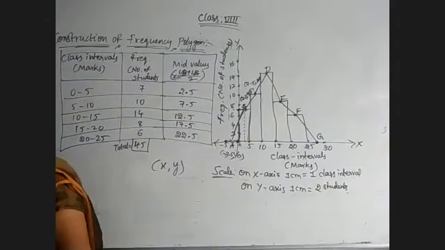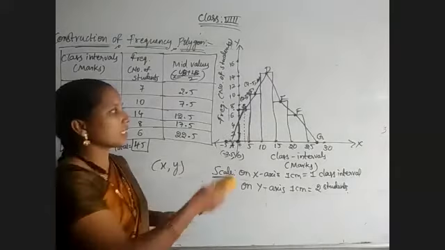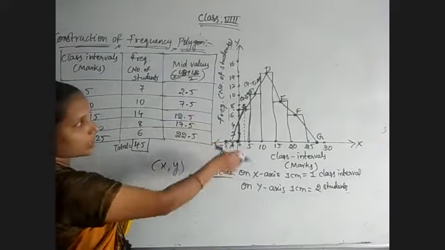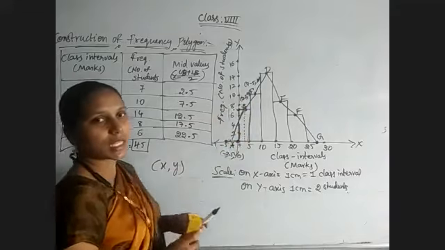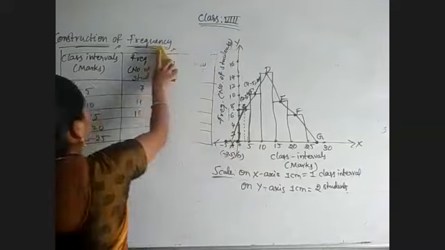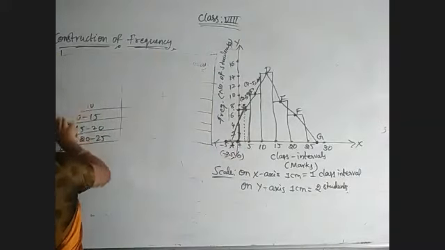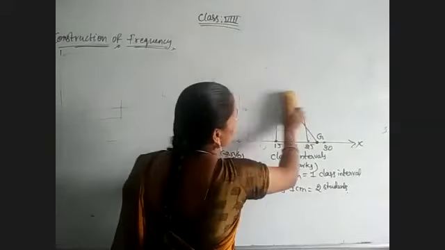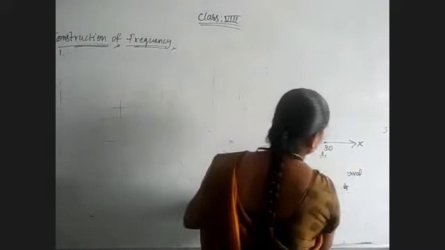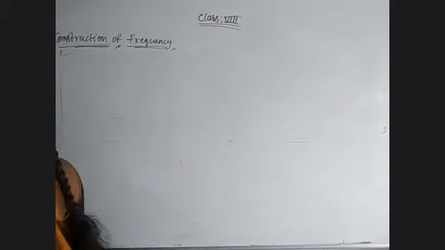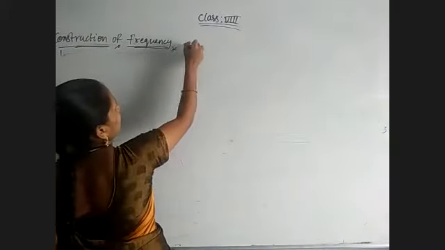Okay. Now coming to the next, frequency curve. Without using the histogram, directly we will use these two values and find the points. After that we will draw the frequency polygon. So that one we will see in the exercise. Now go through the frequency curve. So we will see the frequency polygon and frequency curve for this data without using the histogram. And here also we need to write the steps of construction.